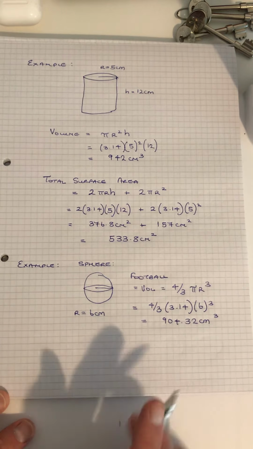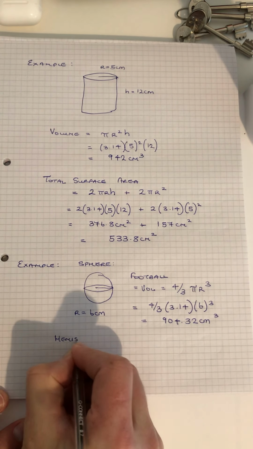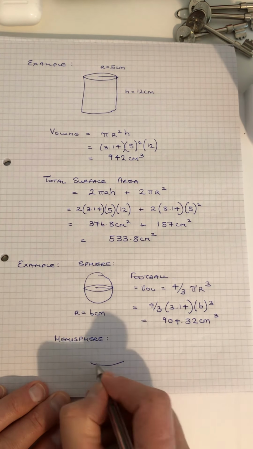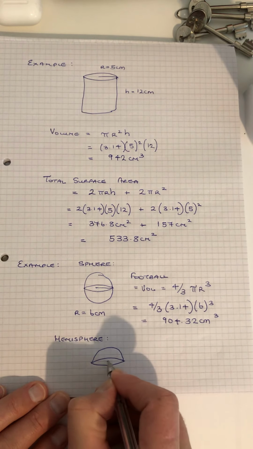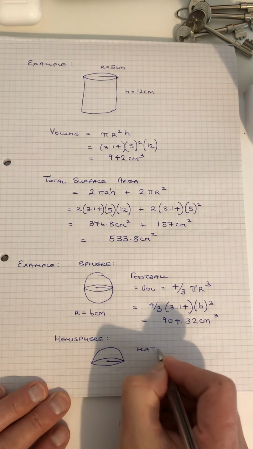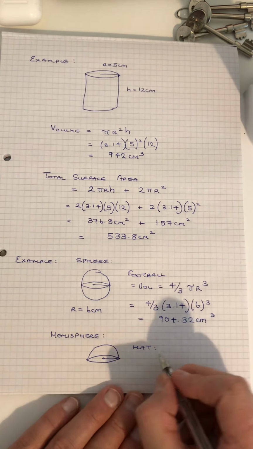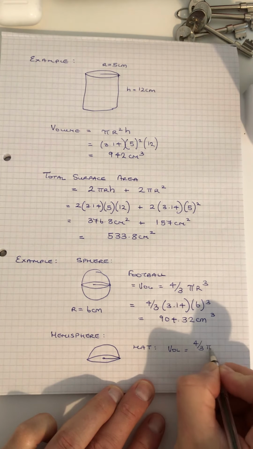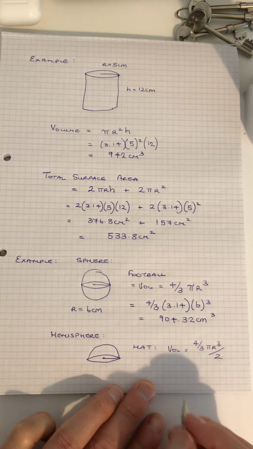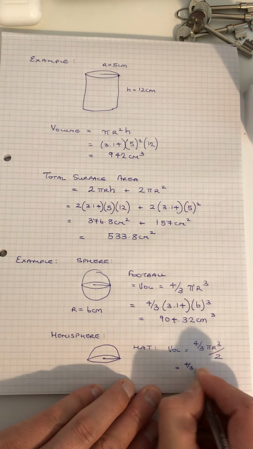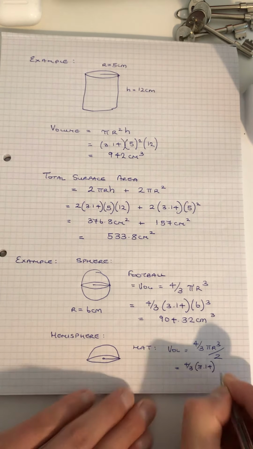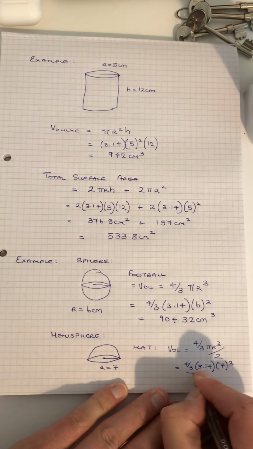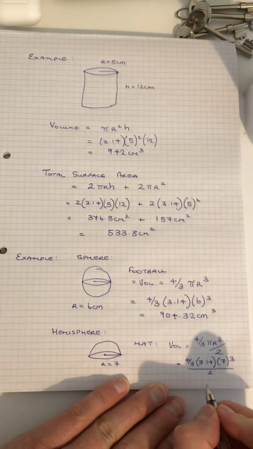And sometimes then they can ask for a hemisphere. So a hemisphere will be half a sphere. So the top half of a sphere, like a hat. So think of a hat, hemisphere. But the volume here is going to be a full sphere divided by 2. So it'll be 4 over 3, 3.14. We'll say the radius is 7, so 7 cubed, and divide your answer by 2 for half,